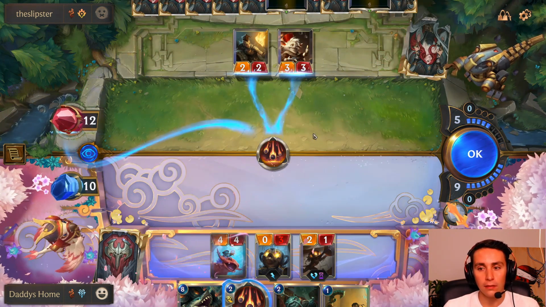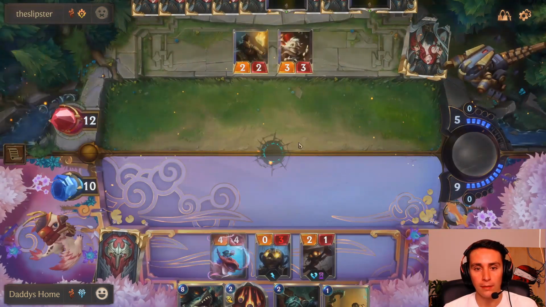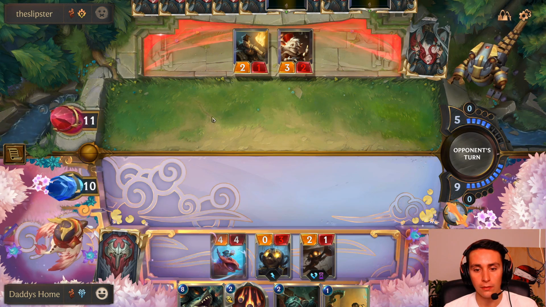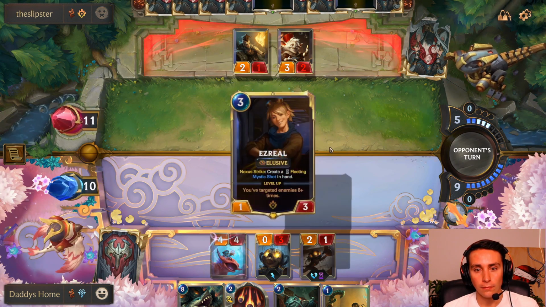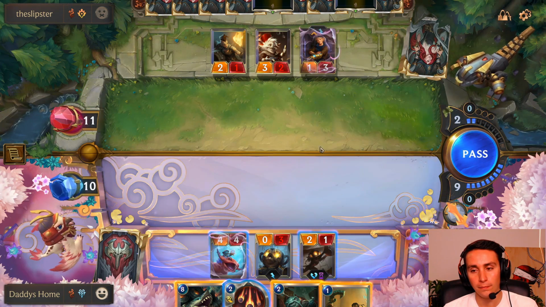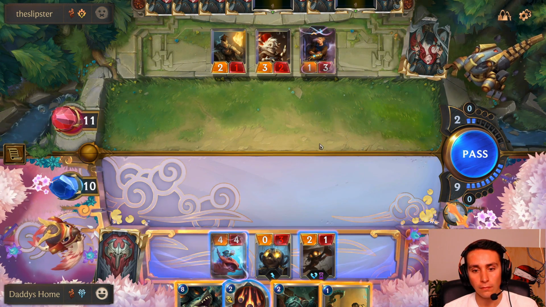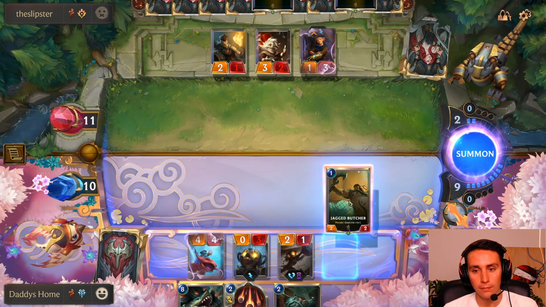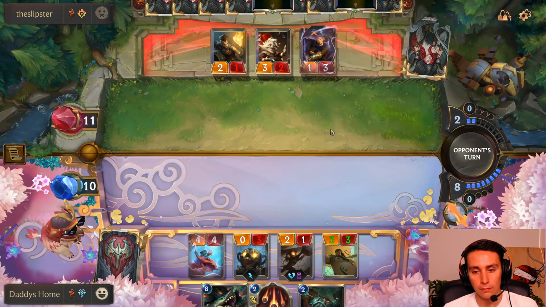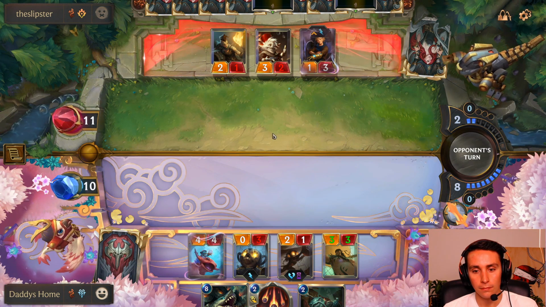So we've leveled our Sejuani. Time for a true display of skill. Ezreal comes down. Damn, is this guy for real? Just gonna put Butcher down here. I'm going really wide. I want to get as wide of a board as possible, so...